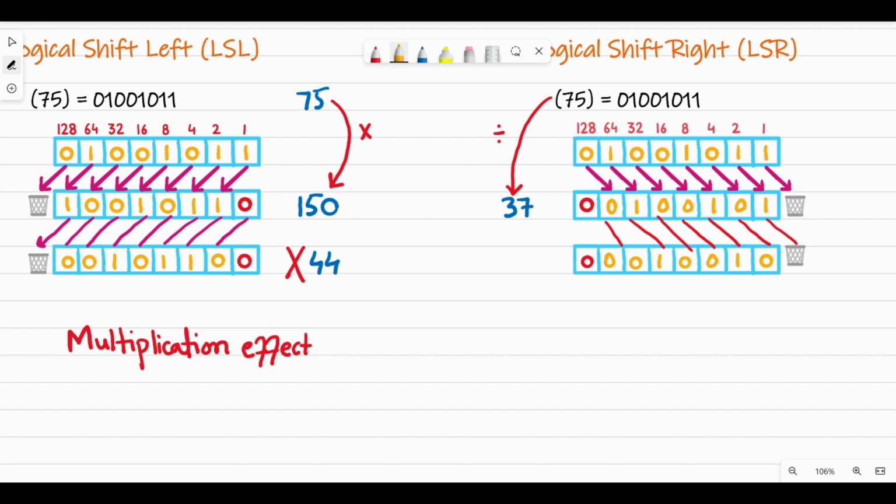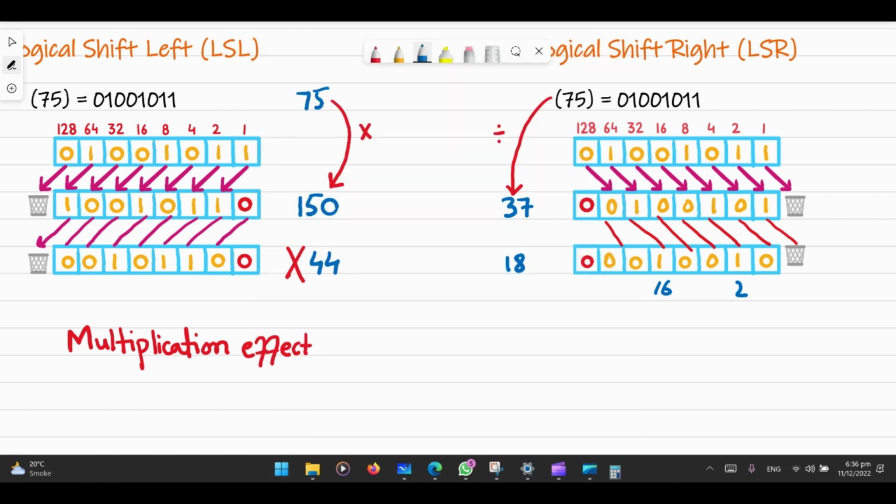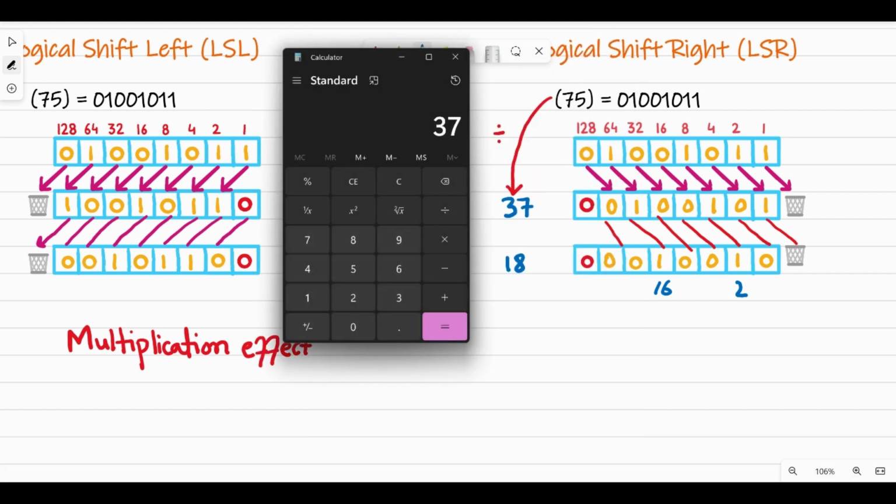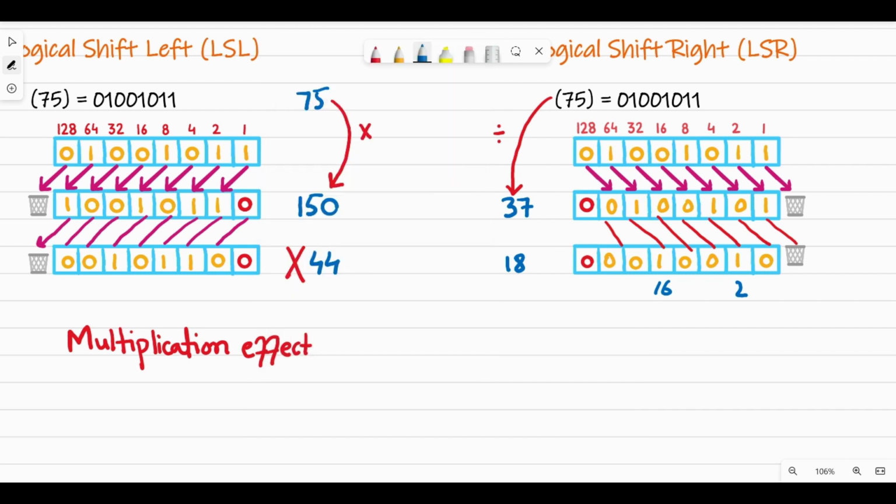Let us now compute the number we have come up with, 2 4 8 16. 16 plus 2 is 18. We'll see 37 divided by 2 is 18. Luckily we have a correct division. So the effect of the shift on the original number is that it has halved the number twice, so we can say it has divided the original number 75